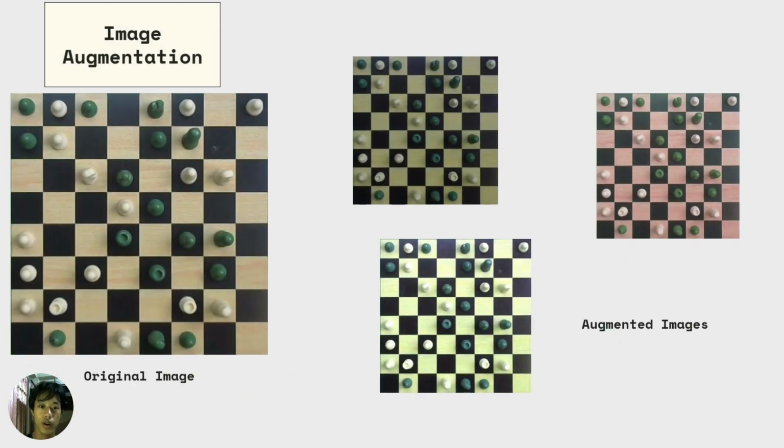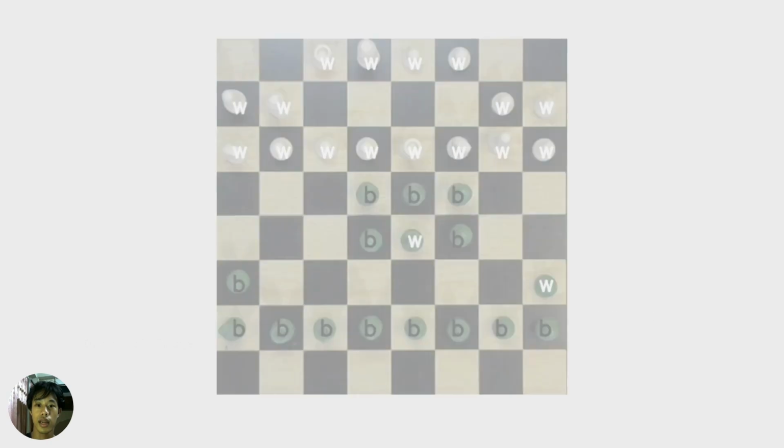So this is the image augmentation. This is the original image. This is from the bulk calibration. We got this left side, the big image, and when we make the image augmentation, you can see that the lighting and the textures change a little bit. They are three different, but we make like 10 or 20 more for the image augmentation, and then we